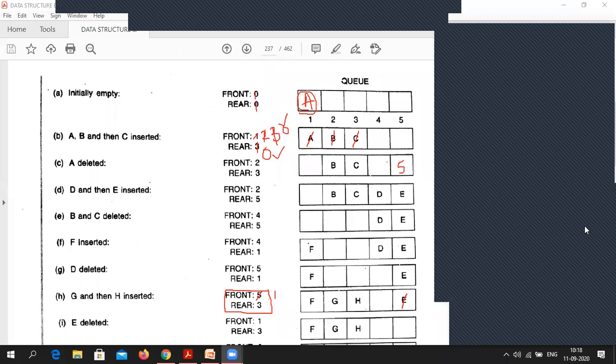Otherwise, I will tell you now what is the algorithm. Yes, beta, is it fine? Okay.